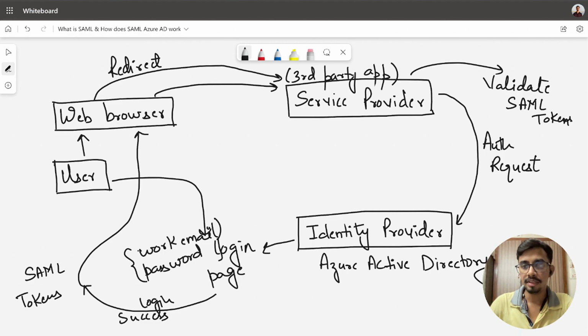And if these SAML tokens are valid, the user will be sent to the application page, which means that now the user has successfully logged in to the third-party app, and using just one login system, the user will now be able to access the third-party app that the company has given access to.